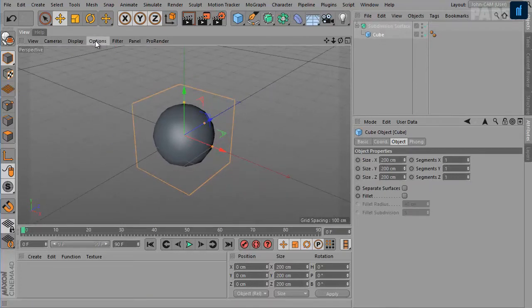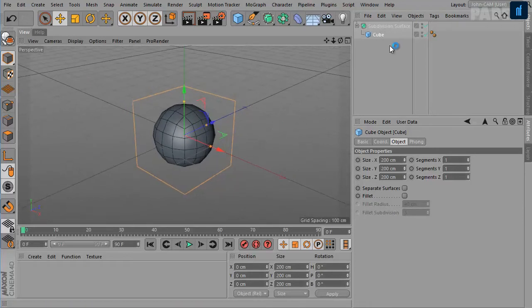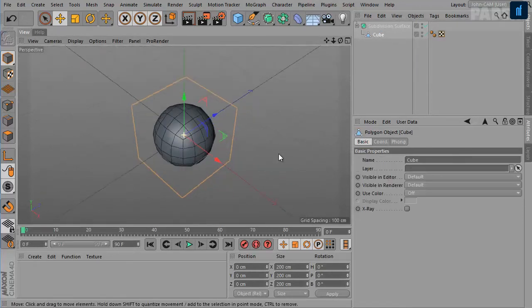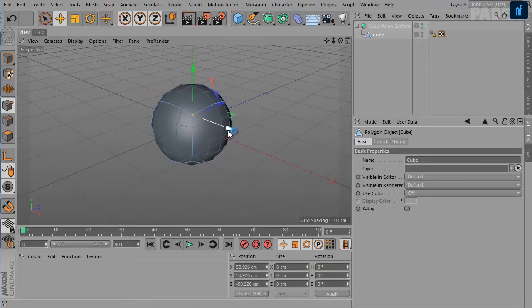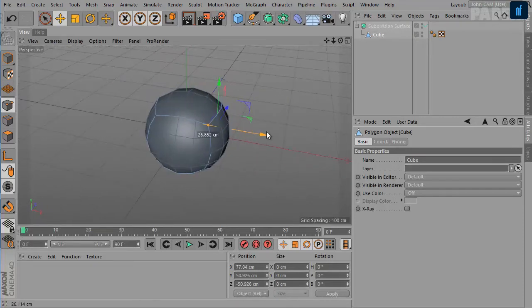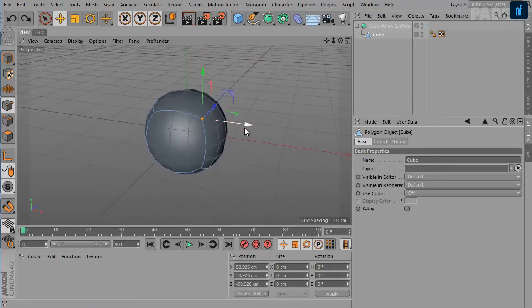Okay, now I'll turn on the lines mode here and convert my cube into editable poly by pressing C. Okay, now I'll switch to the point mode and I can select the original points on the modified geometry and then change the shape.